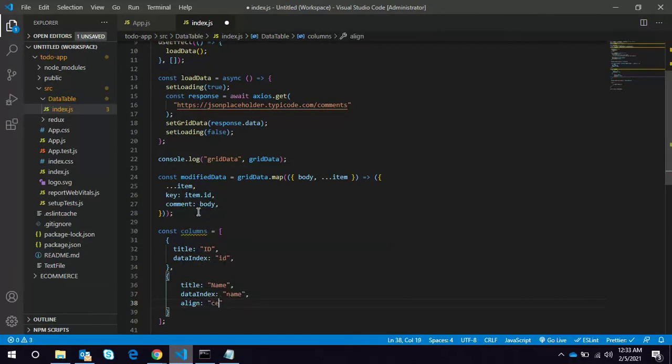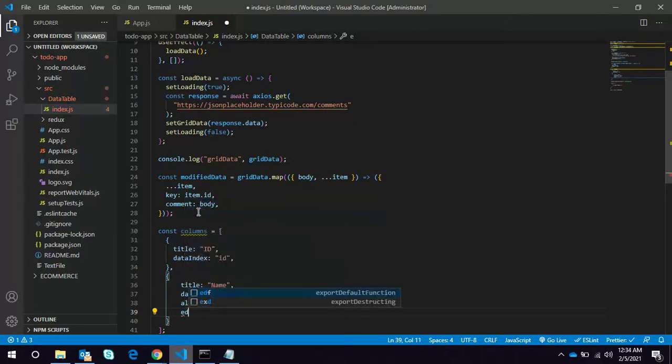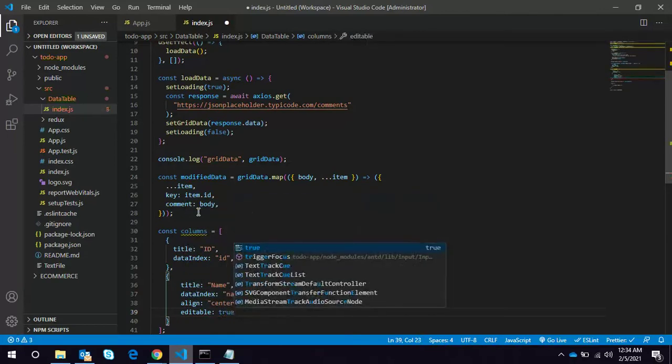So if you pass align center, the column header will be in the center, and in the later part we are going to edit this name field as well. So we are making this an editable row.